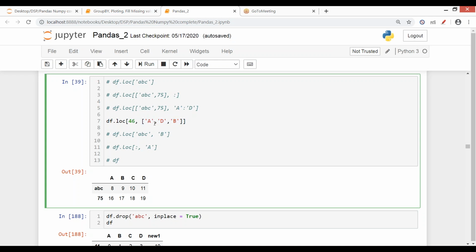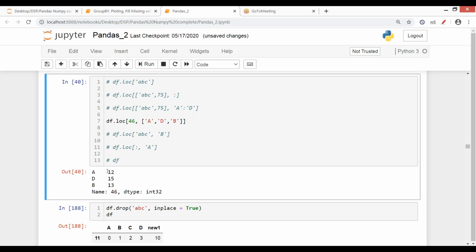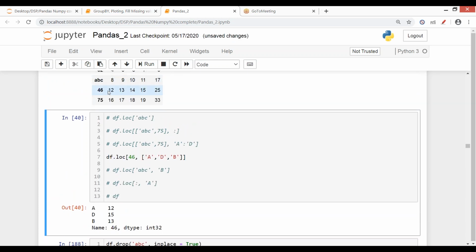And also the order in which I write them here, I'll get the result in the same order. So the very first time I've written column A, so the very first result will be for column A, then column D, and then column B. And with respect to these columns, I'll get my row 46.